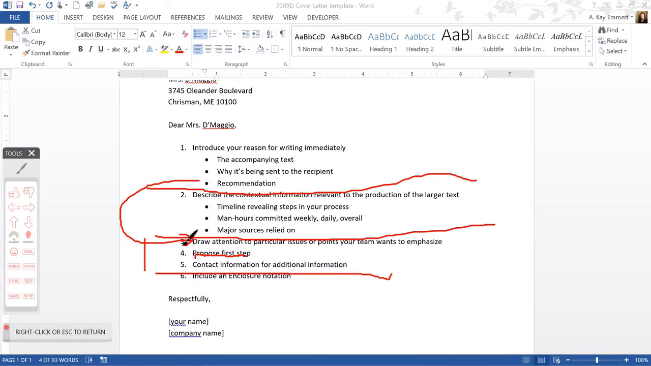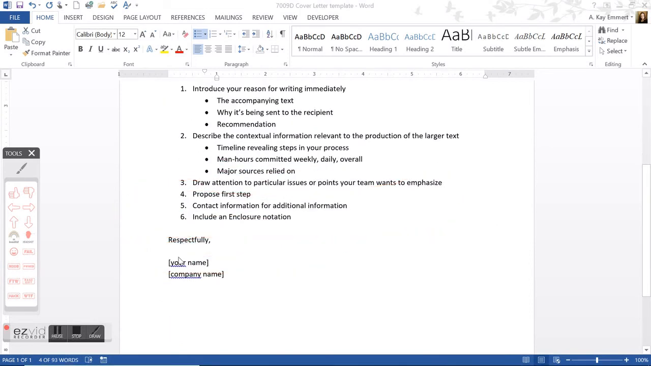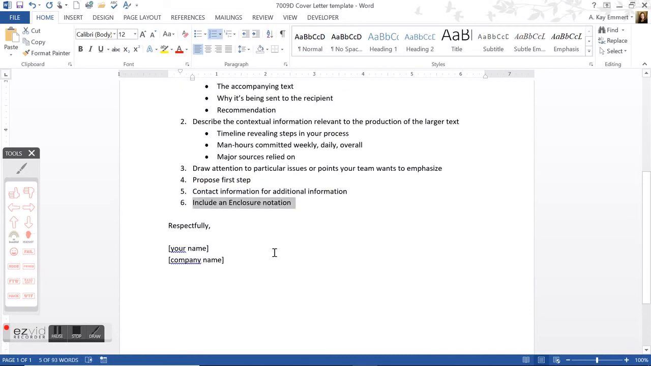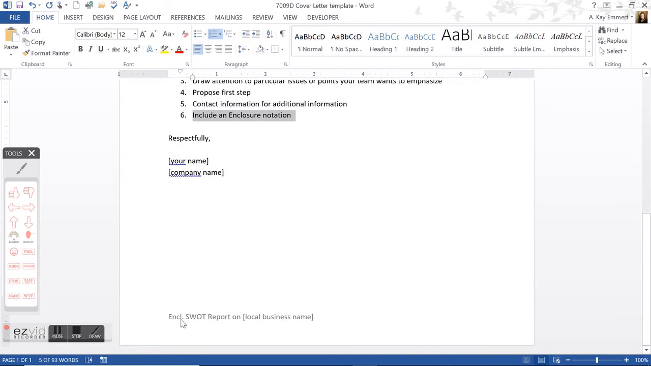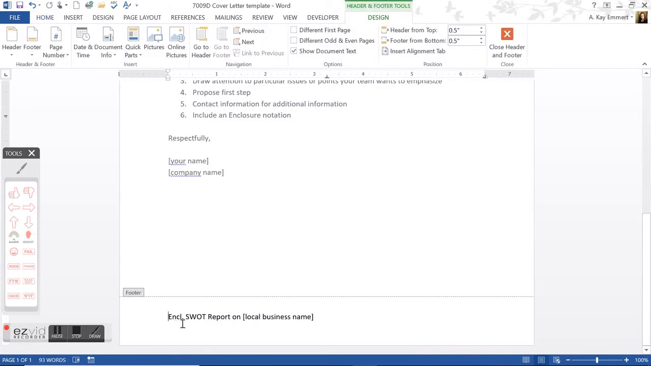You should have your sign off, so respectfully or sincerely, your full name here, so your full name, and then the company that you work for, so MCG spelled out, so Mega Consulting Group. And notice that you're also required to have an enclosure notation. So if you look down here at the bottom, this is one style of an enclosure notation. So ENCL, period, SWOT report on, and then you should put the local business that you selected, put their name in there. The alternative would just be to say